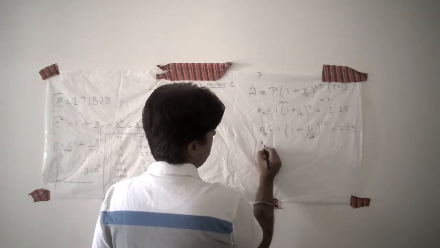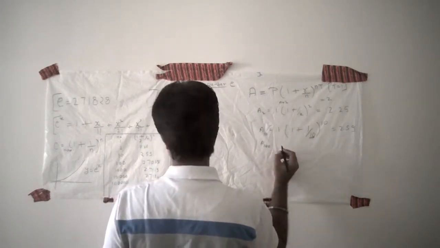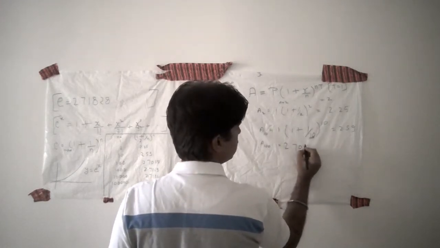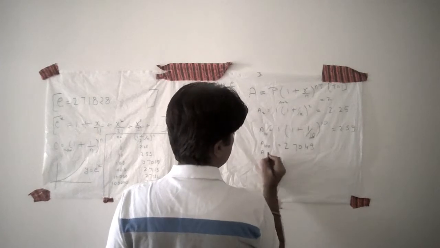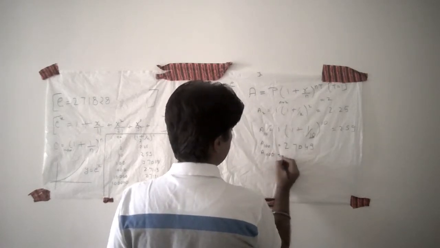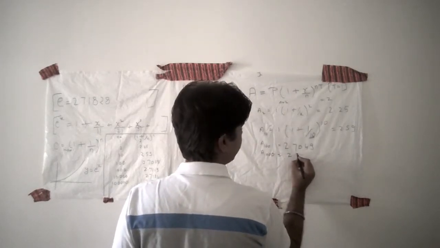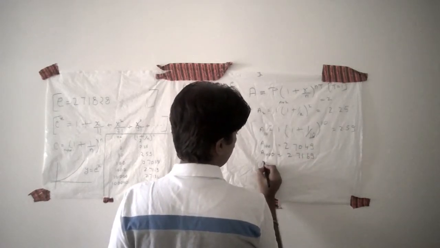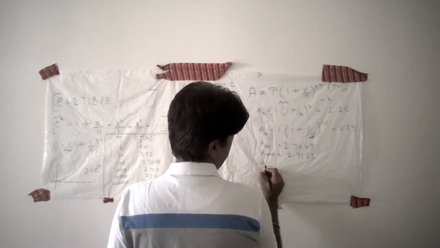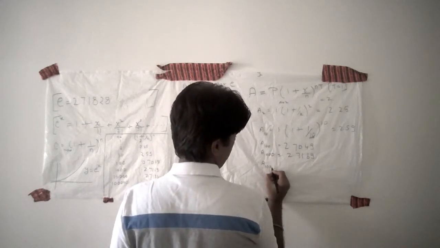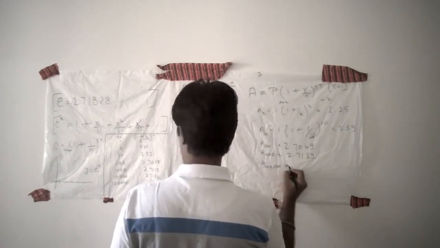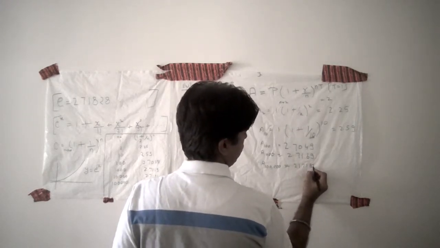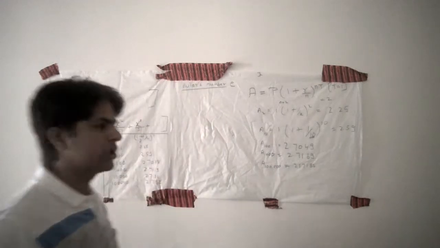I'm saying n equal to 100. Amount is 2.7048. I'll say n equal to 1000. Amount is 2.7169. I'll say n equal to 10,000, or let's say 1 lakh, 100,000. Amount is equal to 2.7182. Very important thing to notice,